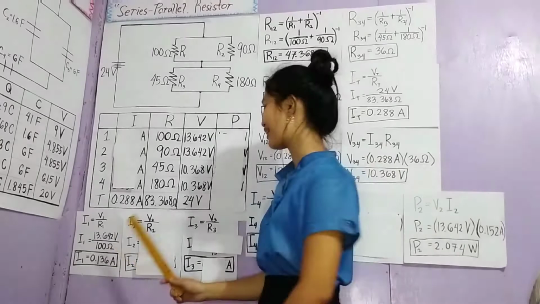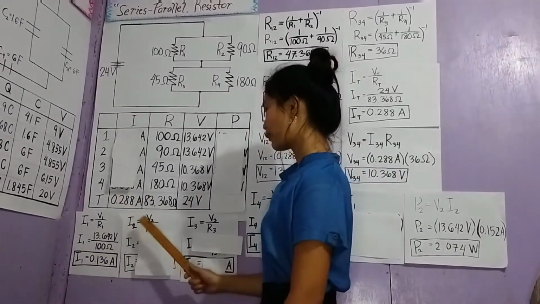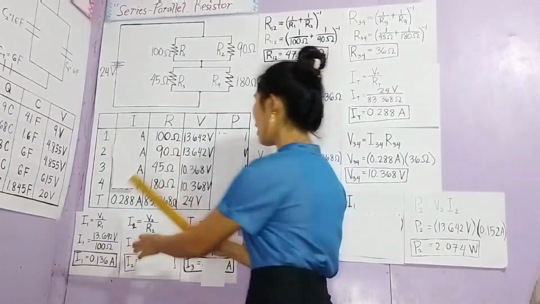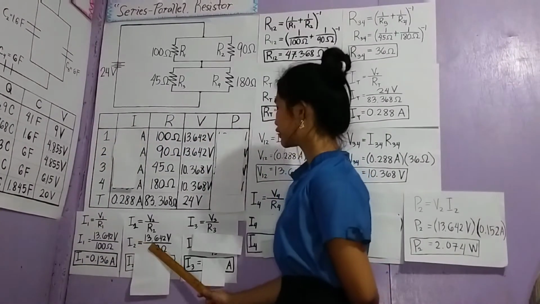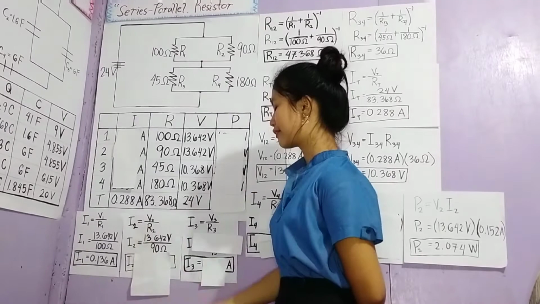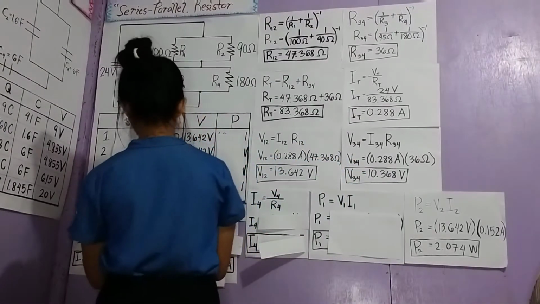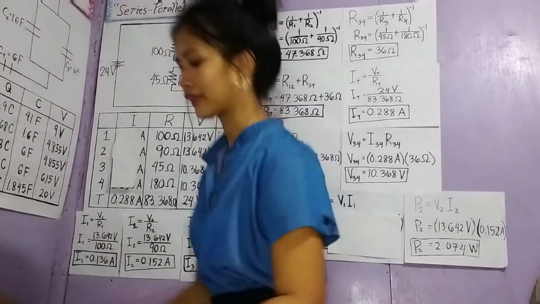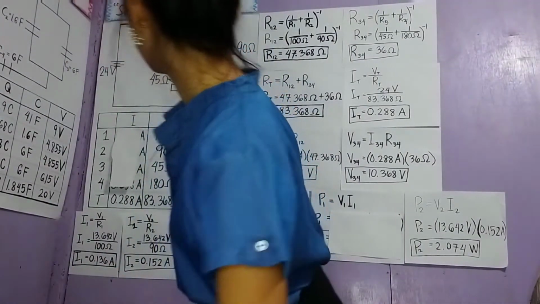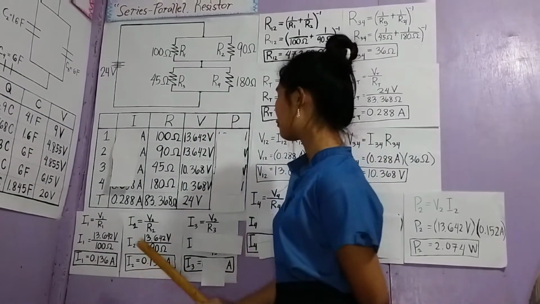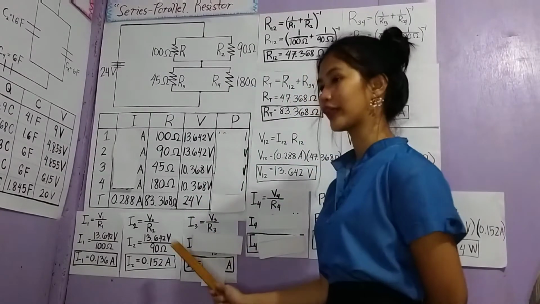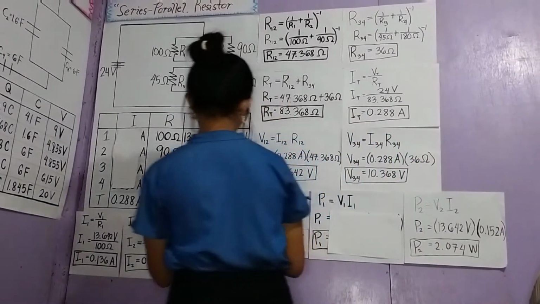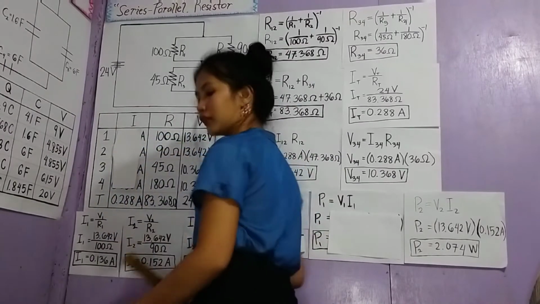Next, we're going to find I2. With the same formula, we have V2 over R2, and putting down their values, we have 13.642 volts over 90 ohms. Using the calculator, we get an answer of 0.152 amp. And next, I3 is equal to V3 over R3, and putting down their values, we have